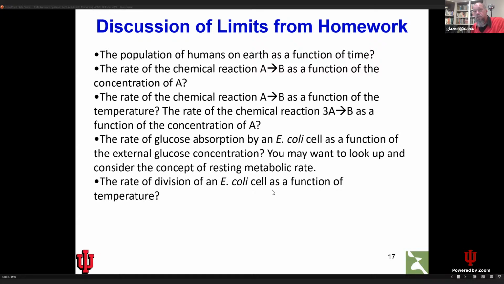And the last one was the rate of division of E. coli as a function of temperature. And here, again, if the thing is frozen, the E. coli aren't going to divide. At low temperatures, the E. coli will divide very slowly. That's how refrigeration works. Then there's going to be a range of temperatures over which the E. coli divide pretty well. And in general, in that region, the rate of division will go up as I increase